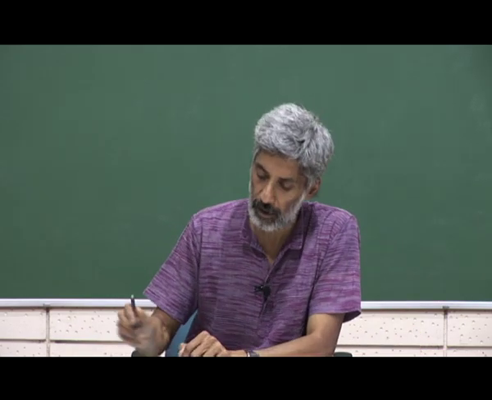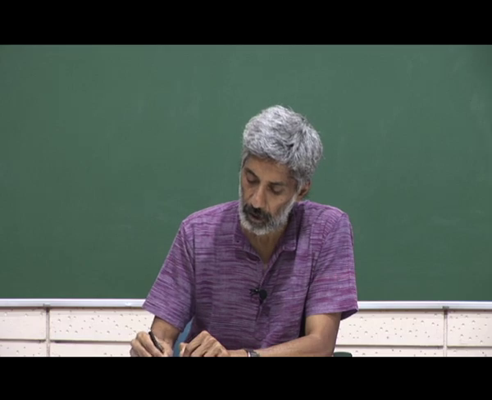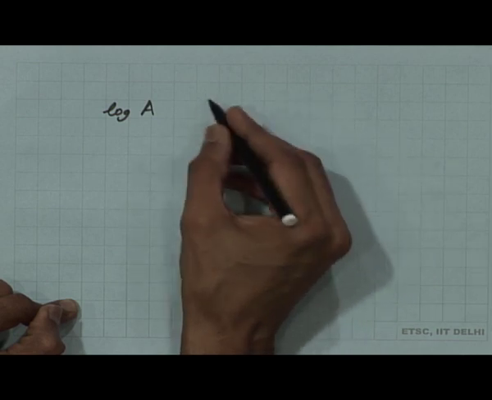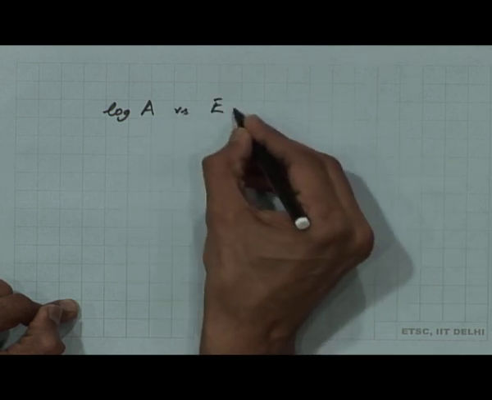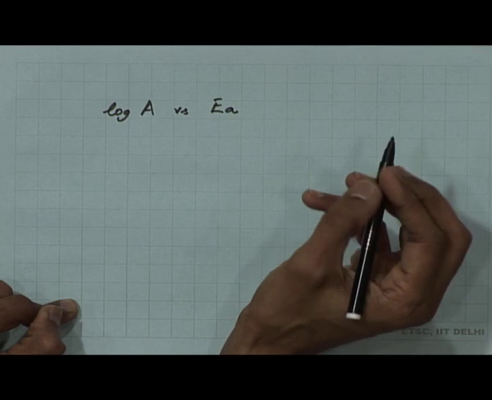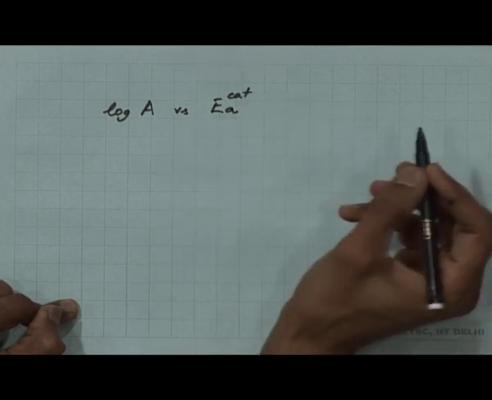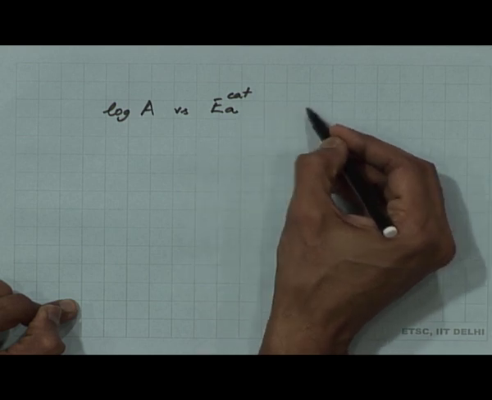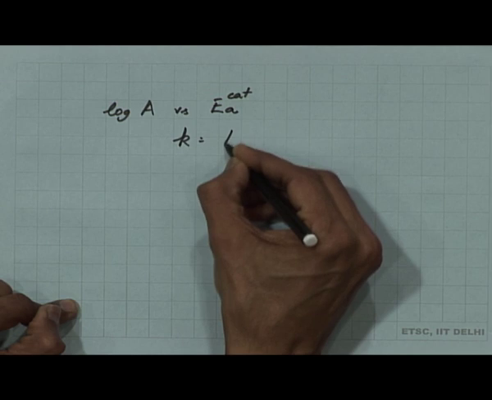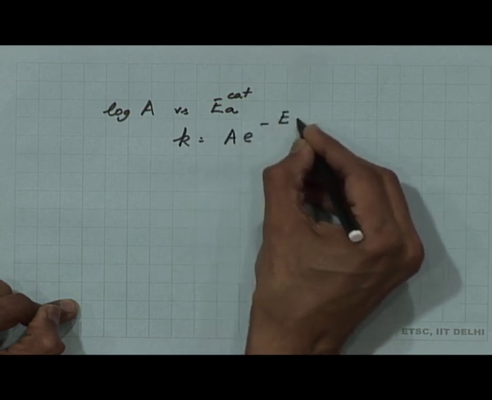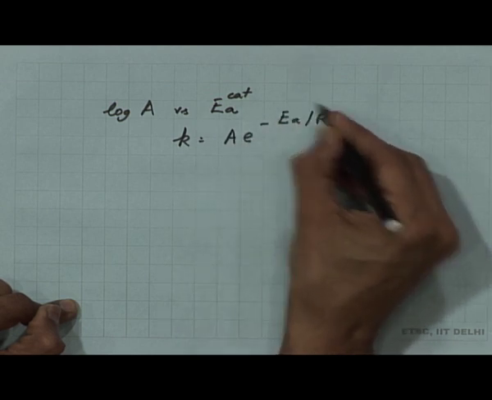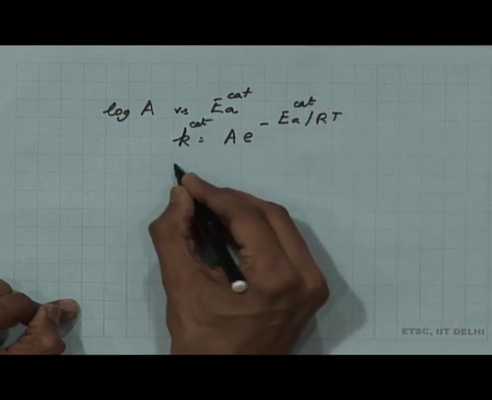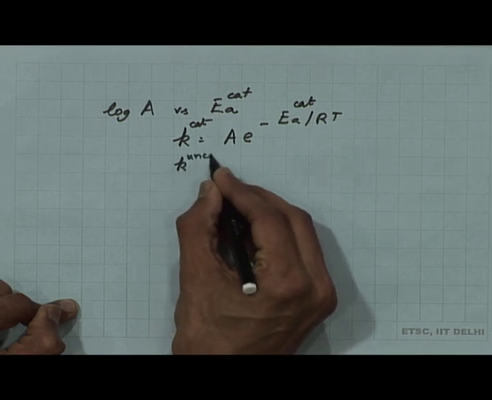In our last meeting, we talked about the importance of the pre-exponential factor and the energy of activation for the catalyzed reaction. That is, EA cat is less than EA uncat. So, in this expression that you have got, you compare the K cat versus the K uncatalyzed,